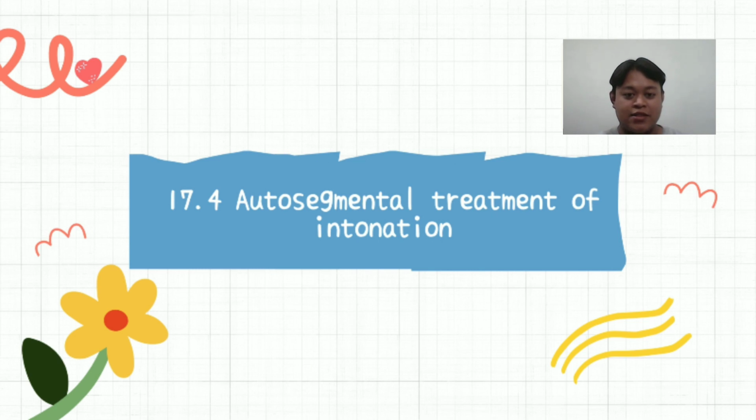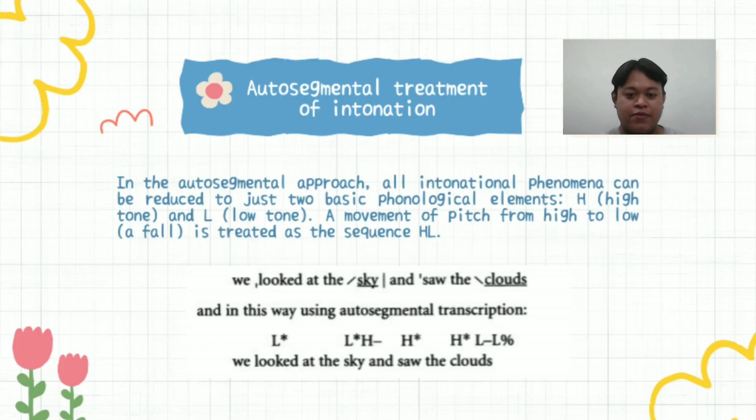And the next is about autosegmental treatment of intonation. In the autosegmental approach, all intonational phenomena can be reduced to just two basic phonological elements: H for high tone and L for low tone. A movement of pitch from high to low is treated as the sequence H L. For example,